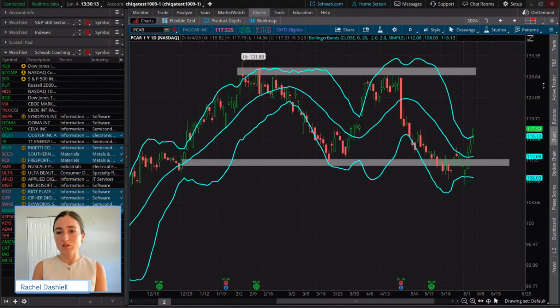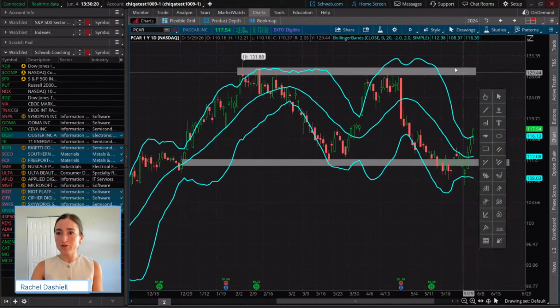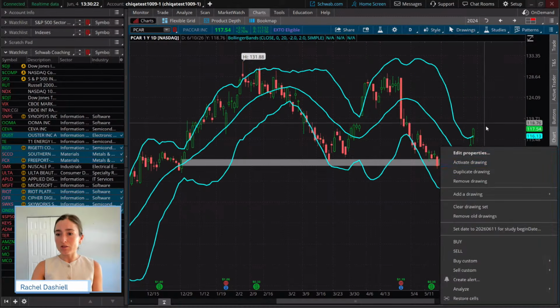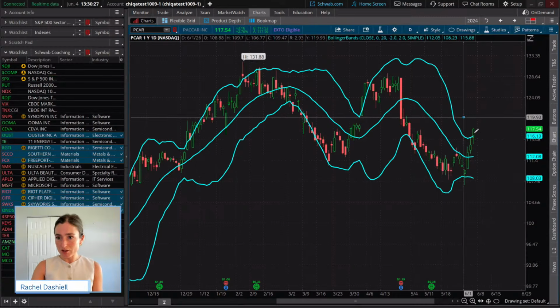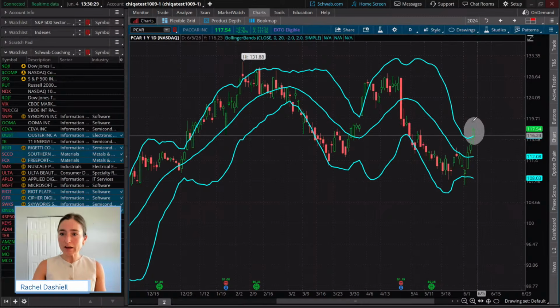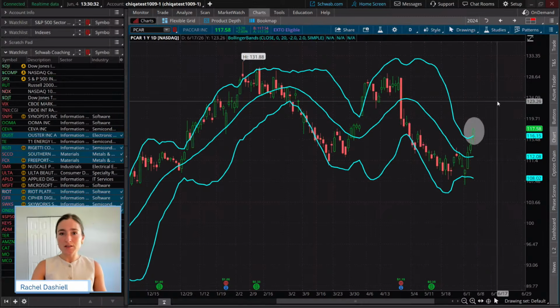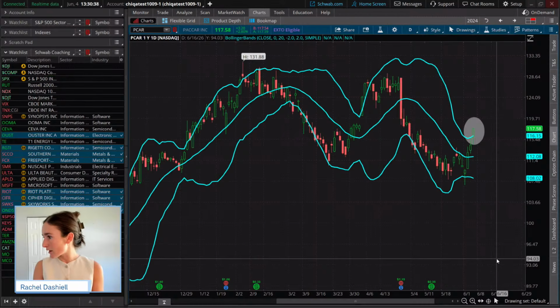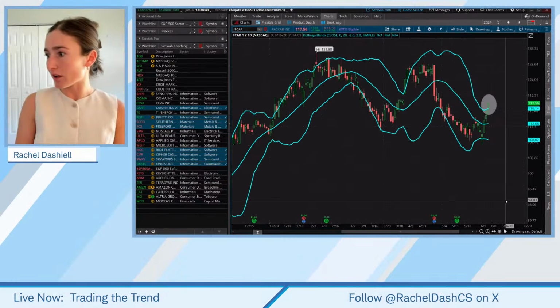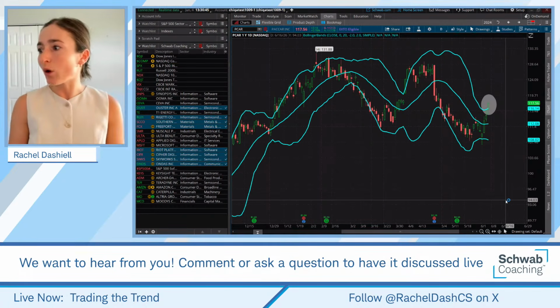That is going to give us some valuable information about our conviction in taking a trend trade, because we're not just looking for a break of the upper Bollinger Band to take an entry as a bullish trend trader. We're looking for the context of what the slope of these Bollinger Bands are actually doing. So what are you guys saying or thinking about the slope? If you guys can put that in the chat, I'll give a couple of my thoughts as well with what we're seeing here.